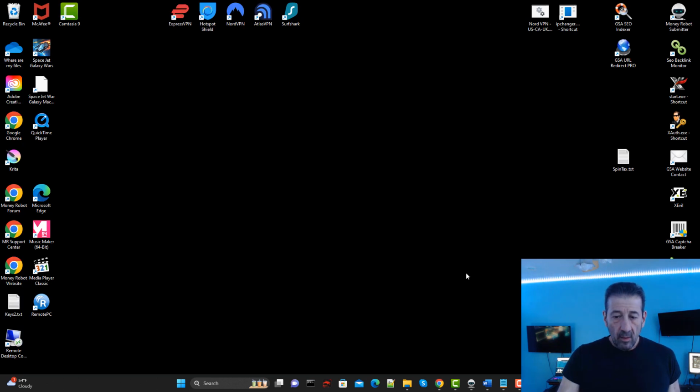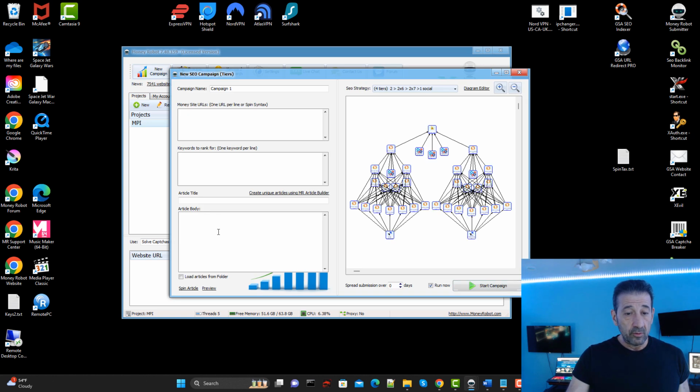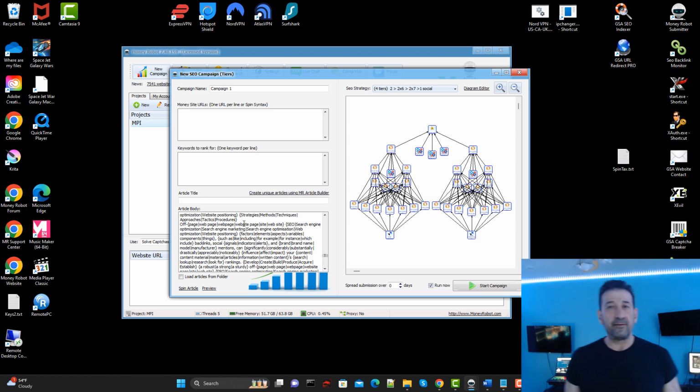So, one of the best spinners is actually built right into Money Robot. When we launch this to go to a new campaign and you put your article in here and you spin it, you get some really good Spintax out of here. However, it's very simplistic, okay? And so now of late, I have changed directions completely and veered away completely from using any Spintax generated by any of these softwares. And now I have turned